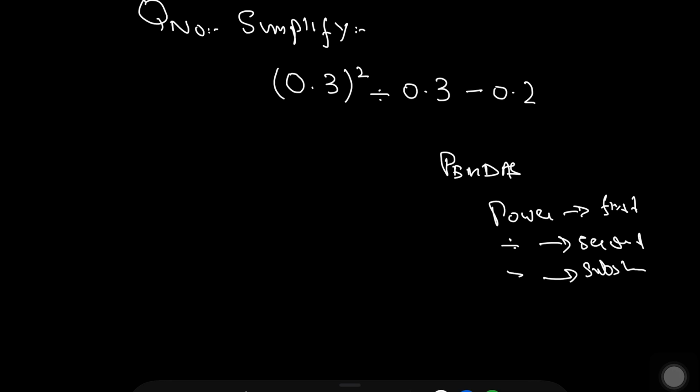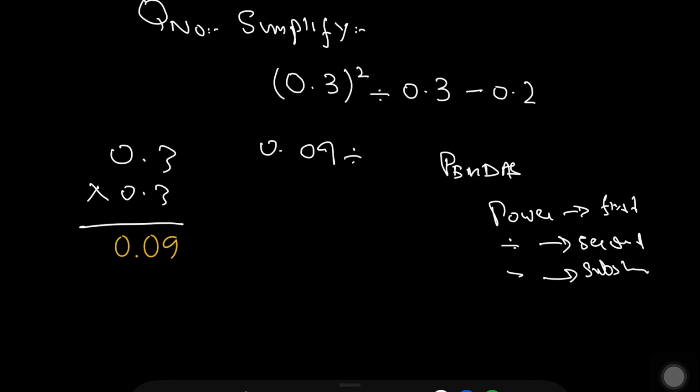So we solve this: 0.3 whole square. It means 0.3 multiplied by 0.3, 2 times. Okay, so we solve 0.3 multiply 0.3. The answer we will get is 0.09. Okay, here we write the 0.09